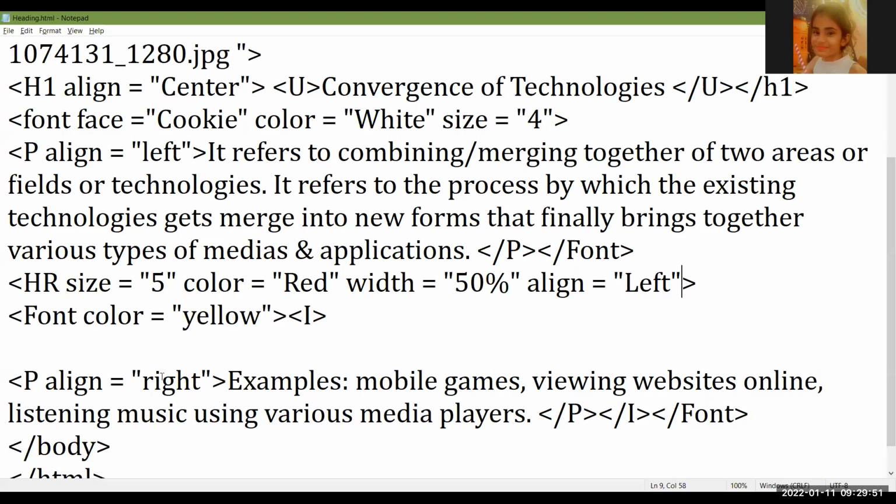Okay. On your books, on page number 115, there is one full form given. XML, Extensible Markup Language, is a set of rules for encoding the document in machine readable form. This is also XML. Underline the full form of XML, Extensible Markup Language.